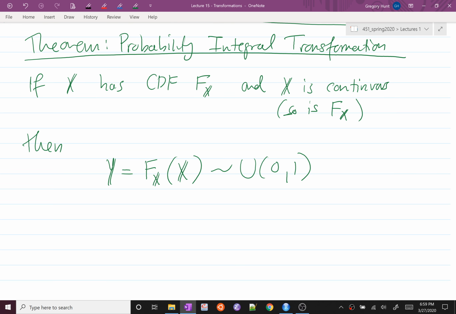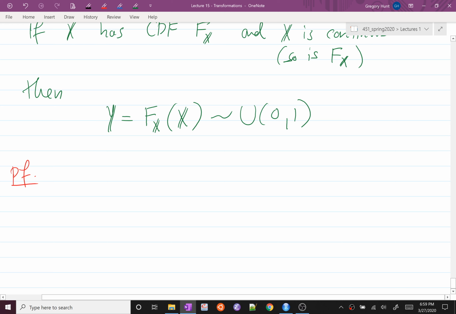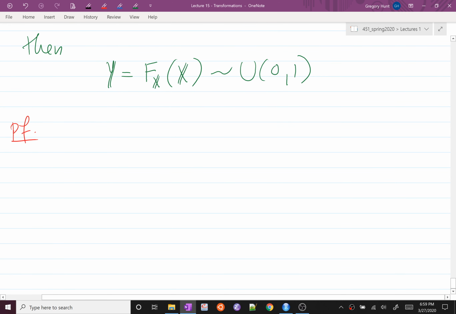And that's kind of an amazing fact, and a very useful fact. So let's look at a little proof of it. Basically it says, look, if I plug a random variable into its own CDF, it is always uniformly distributed. So let's look at the proof. We know that